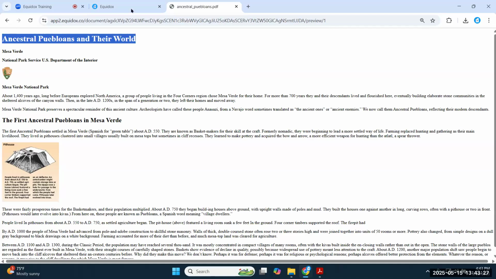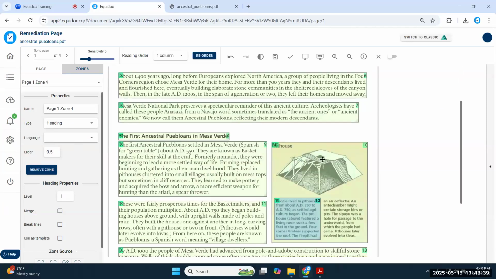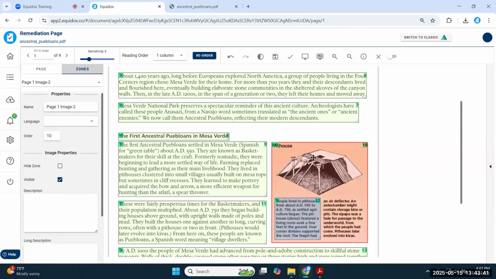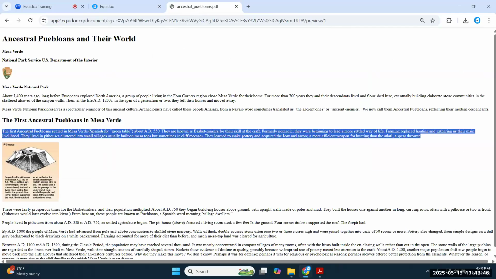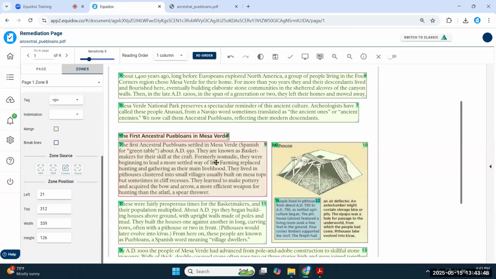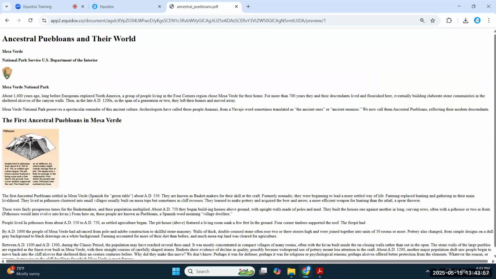So if I want my H1 first, I don't need to shuffle 5 zones around to make room. I just click on the one zone that's out of order and squeeze it in with the decimal system. The same can be said about this image. This is reading zone 10, but maybe I want it to come after the H2 and before this paragraph. Well, I have 8, 9, and 10. So what do I do? I just change 10 to 8.1. And now it's going to end up where I want it, which is directly after the H2.